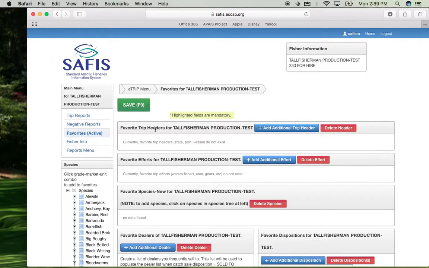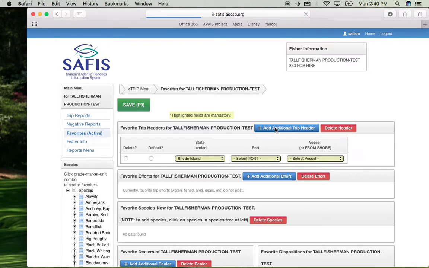Notice as we work through this page, we want to fill out all the fields that are highlighted with this yellow right here. Those fields are mandatory. So first, let's add in favorite trip headers. We can do that by selecting the blue button right here